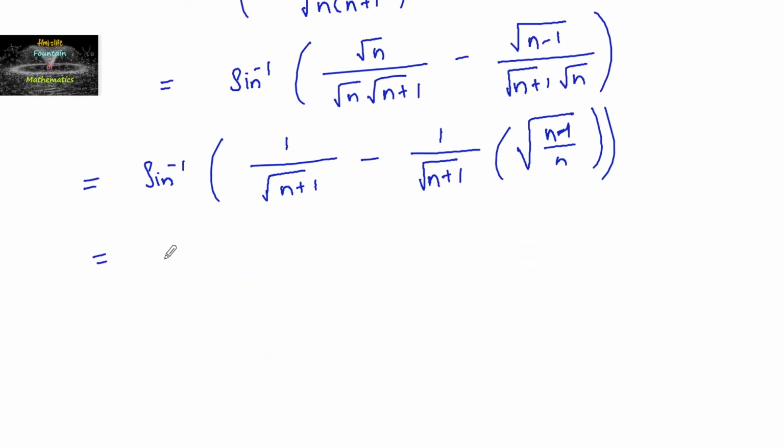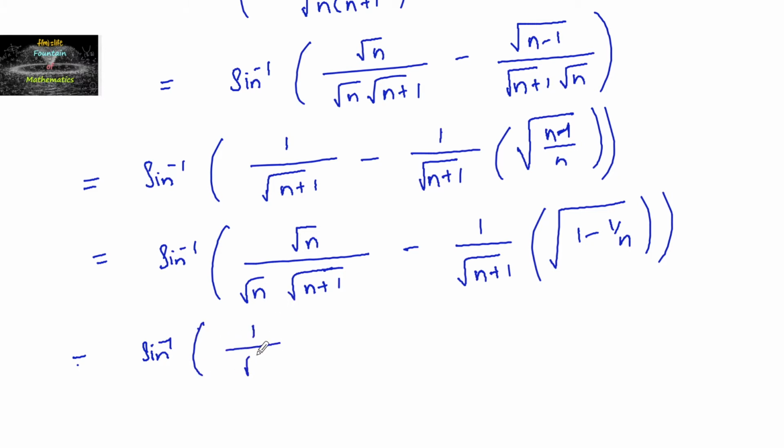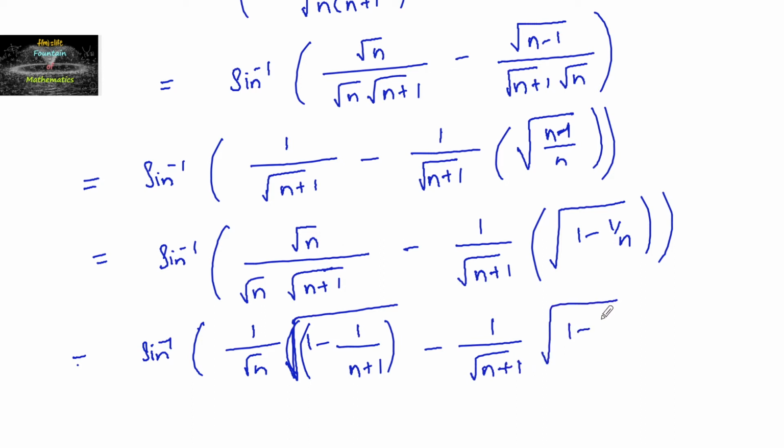So which equals, and here also we can write sin inverse of, just multiply and divide with root n minus 1 upon root of n plus 1 into root of 1 minus 1 upon n, and this is sin inverse of 1 upon root n into, we can write this as, root of 1 minus 1 upon n plus 1 minus 1 upon root of n plus 1 into root of 1 minus 1 upon n,